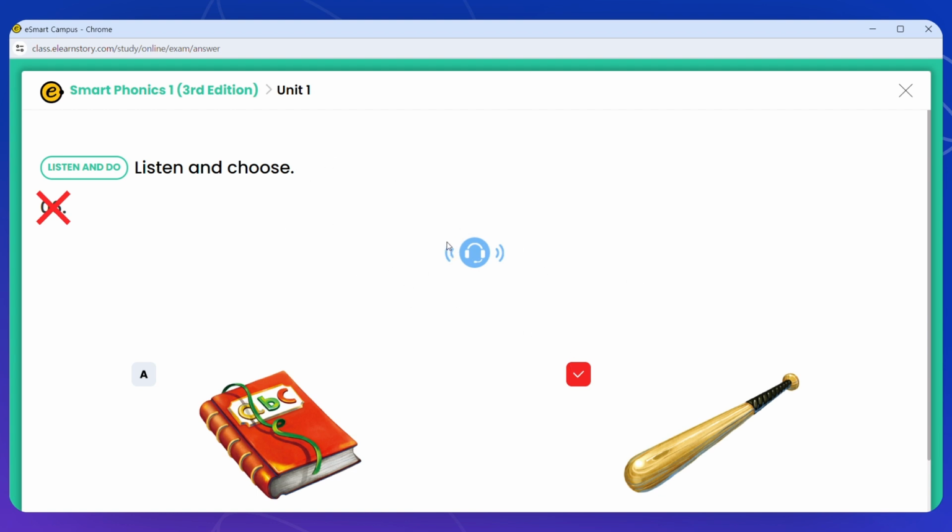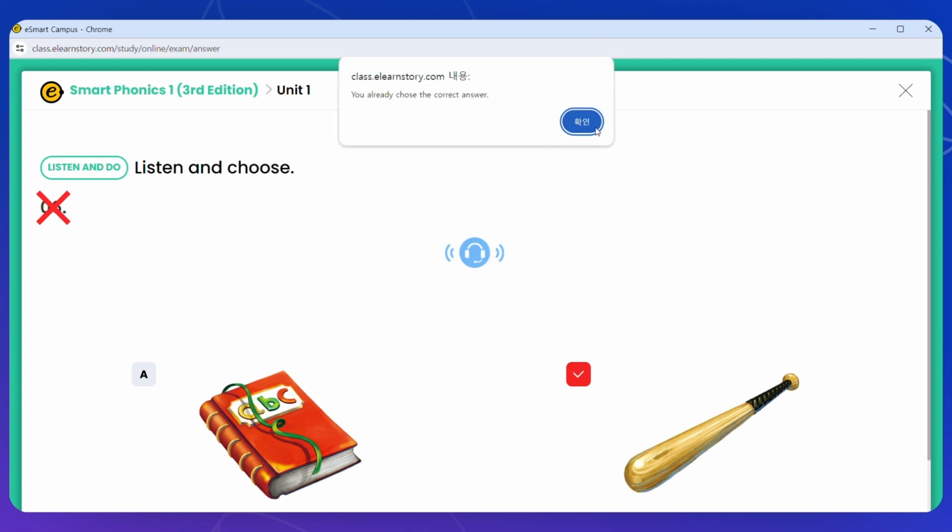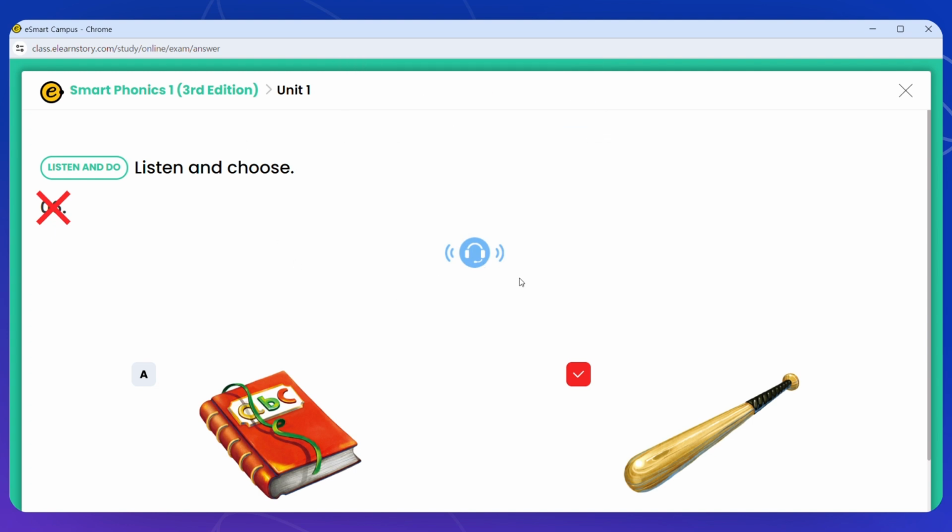The question here, they had to listen to an answer, and you can review their answer. So they heard the answer was book, but they hit bat in this case. This is just a useful function for you to review your students' work and keep a close eye on their learning development.